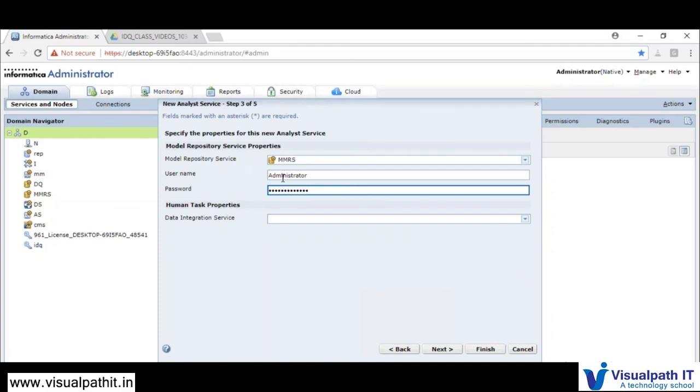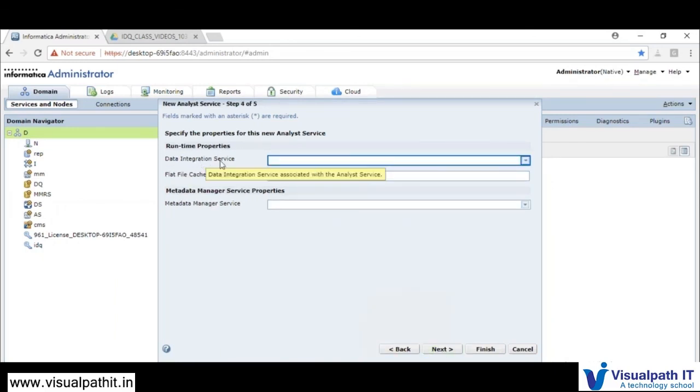You are just configuring the model repository service and data integration service, so that whenever metadata information needs to be picked or stored, this model repository service will communicate with the analyst service. And whenever your human task needs to be executed and you are reviewing the exceptions, the records will be picked by the data integration service. So for that we will select the model repository service and human task properties.